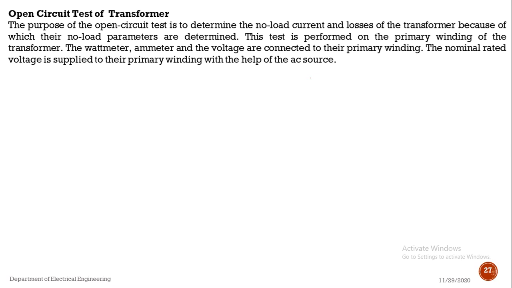So the wattmeter, ammeter and voltmeter are connected to the primary winding, and the nominal rated voltage is supplied to the primary winding with the help of an AC source or with the help of an auto transformer. Auto transformer चा यूज करून किंवा variable AC source चा यूज करून we are applying the rated voltage to the primary winding of the transformer, and on that primary side we are connecting the ammeter to measure the no load current, the wattmeter to measure the no load power, and the voltmeter to measure the supply voltage. Okay,